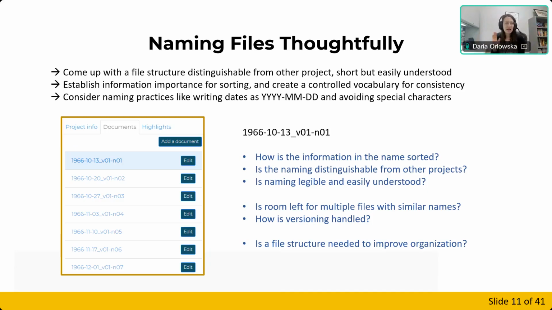Is the name legible and easily understood? Is it short, right? Is it not going to max out all your characters? Is there room for multiple files or versioning? So we can see here that we made a decision to put volume 01 instead of volume 1. The reason for that is that sometimes the volumes go past 10. And in order for it to sort nicely, you have to have 01, 02, all the way up to 10 in order to avoid 10 being sorted before a number such as 2 or 3.